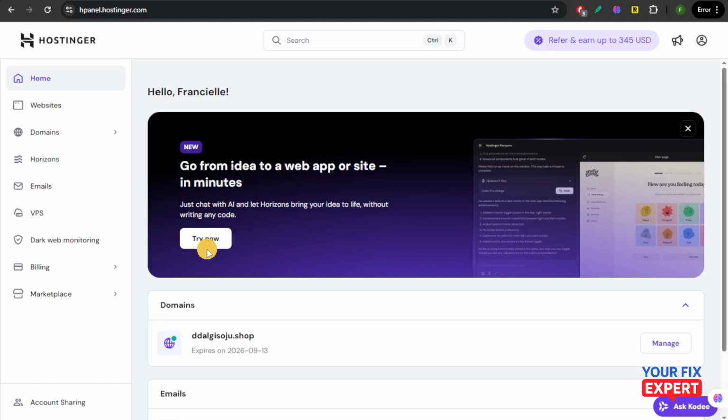This is how you're going to change email password in Hostinger. So if you want to know how to change your email password, then here's what you're going to do. Step one is you're going to log into hpanel.hostinger.com, and then from here you're going to go to